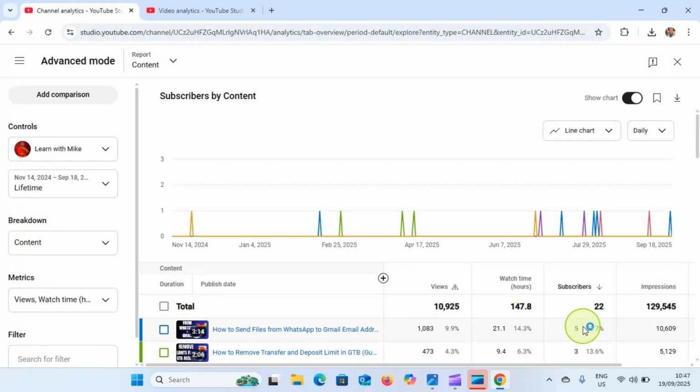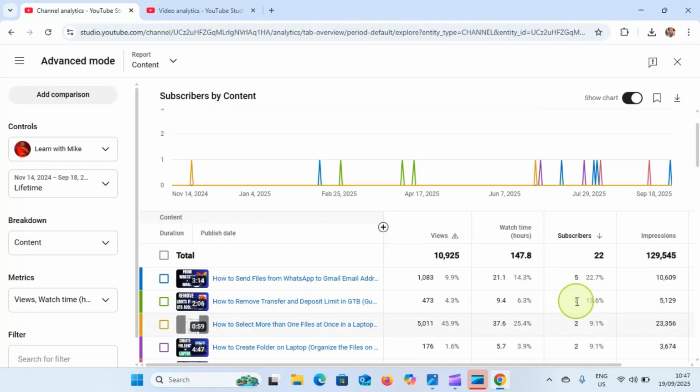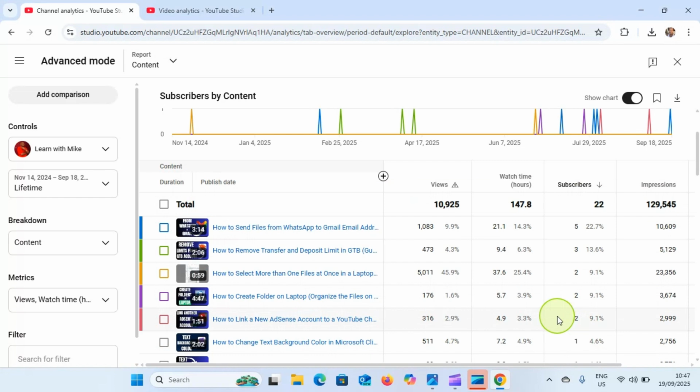in a particular number of subscribers. You can see this video, how to send files from WhatsApp to Gmail, has brought in the highest number of subscribers to this channel, 5, followed by this, followed by this, followed by this. So you can see with this analytics, you know what you want to do and where you want to focus